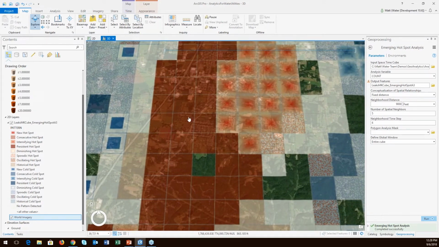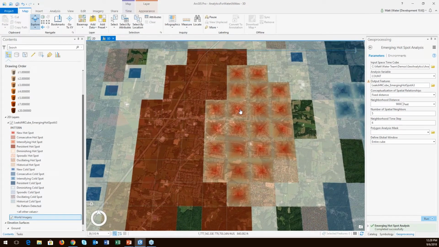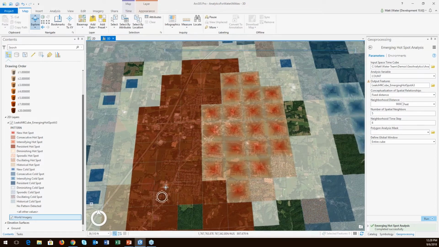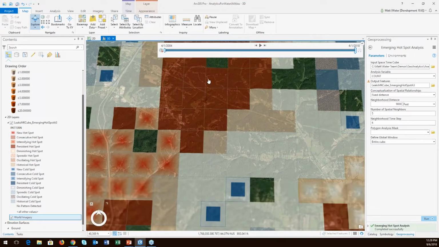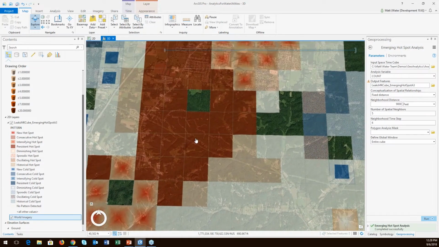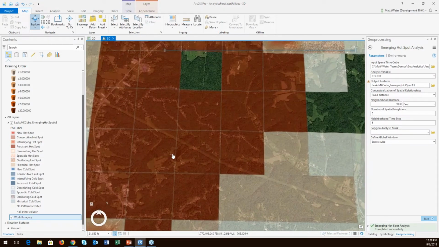So I can see under a lot of these areas where we have persistent and intensifying hotspots, we have areas that are very heavily populated. All right, so that kind of confirms my theory from before that a lot of population density might have something to do with the amount of leaks. But my theory does not always hold true. If I move down to this area here, that's an area of persistent hotspots as well, but it's not as heavily populated as some of those other areas that we're looking at. All right, so